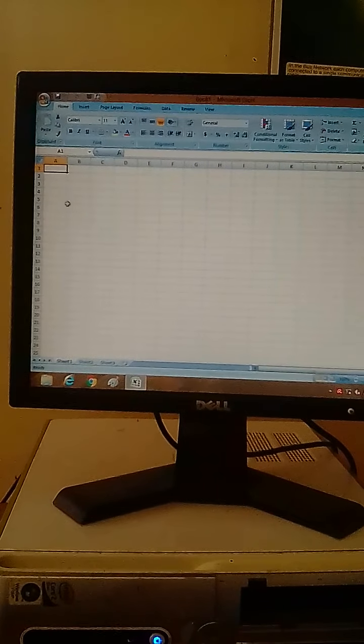On the top of this sheet you see the letters of the English alphabet: A, B, C, D, X, Y, Z, and on the vertical side, the left side of the screen, there are the numbers. So dear students, the letters of the alphabet show the columns of the sheet and the numbers show the rows of the